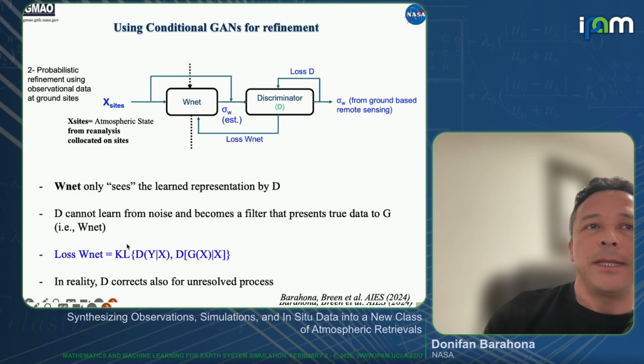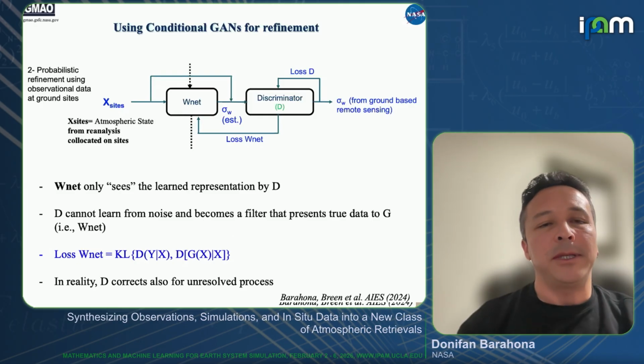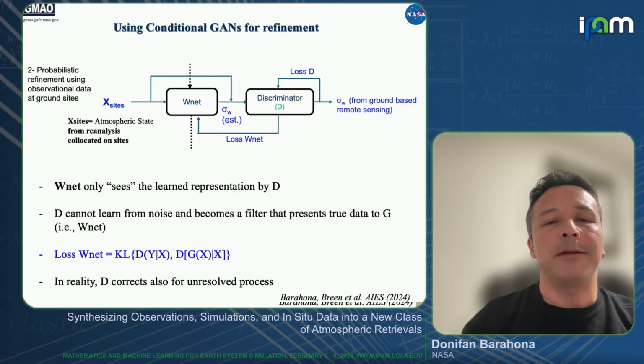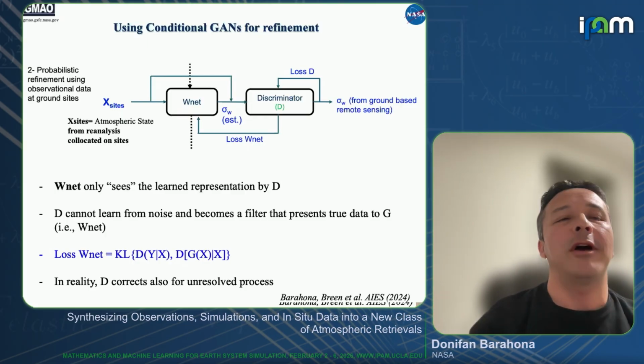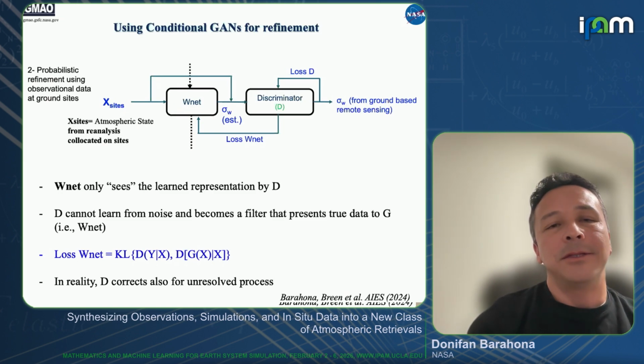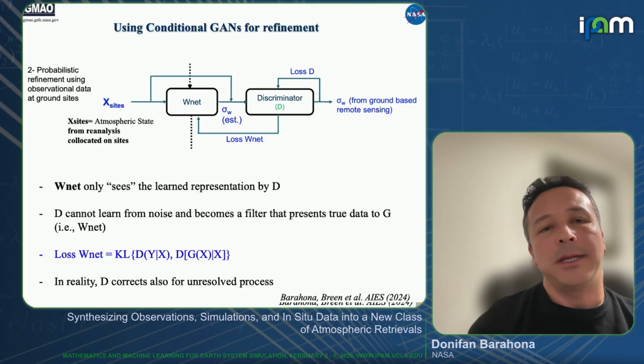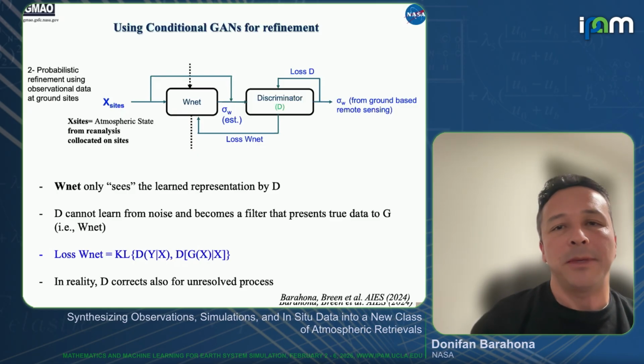Typically the WNet loss, the loss in the generator, will be something like some KL divergence between what the discriminator is learning and what the generator is producing. I just said that it is only experimental error, but it's not. In reality, this discriminator and this setup will correct for everything in the generator, in WNet, that is not the observed manifold. So that also corrects for subgrid scale variability, for whatever discrepancy we have. We really don't have a way to discriminate what is experimental error from what is actually theoretical uncertainty. But still, it works to train on the actual data, and that's what we do.